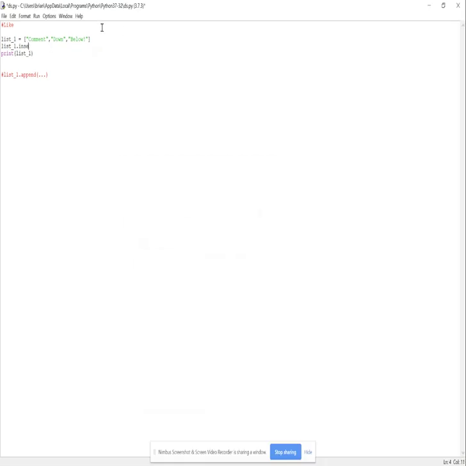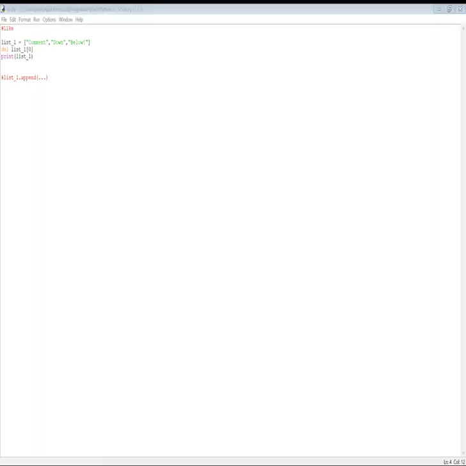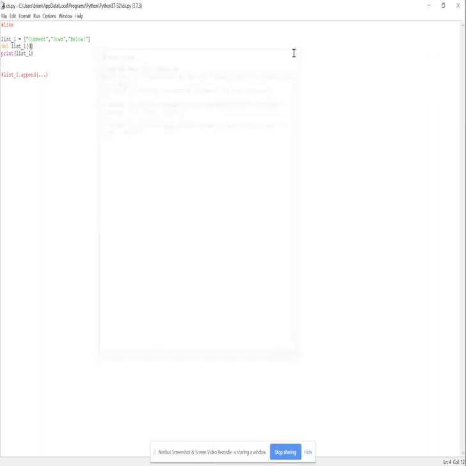Okay, what if you wanted to delete something from a list? You can do del list_1 brackets 0. If we try this, oh look, it deleted comment. So we can do hashtag del